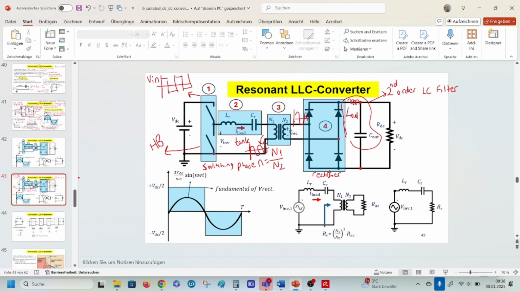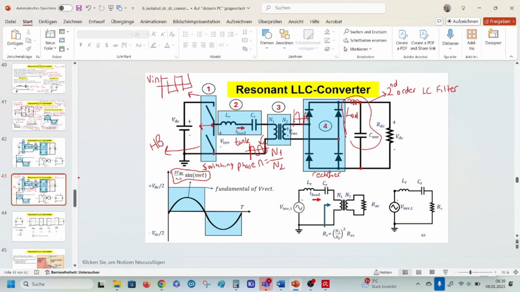If you use half bridge instead of full bridge, 2 over pi times the DC voltage is available at the output. That means at this node,